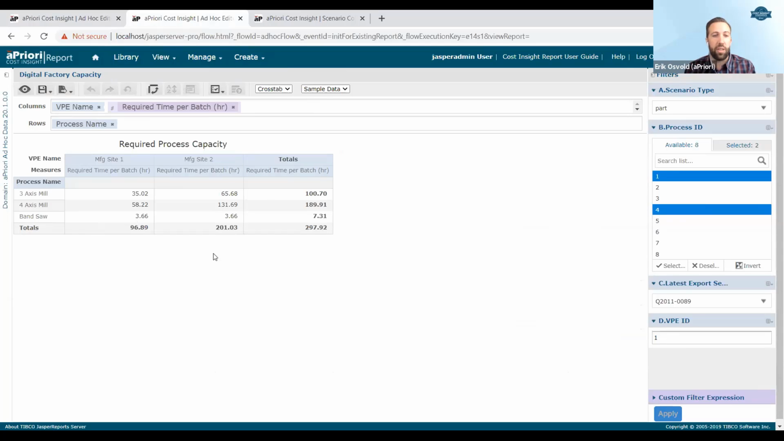Now, manufacturing site 2 was the least competitive option of these two sites and requires about double the total machining time, almost double on the 3-axis mill, and just under triple on the 4-axis mill. At this point, I can cross-reference the capacity required for this batch to the actual capacity of my factory. We can also take this a step further and look at what other competitors might be bidding